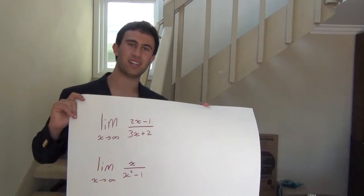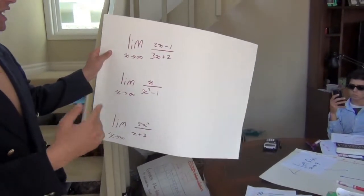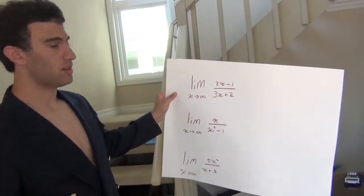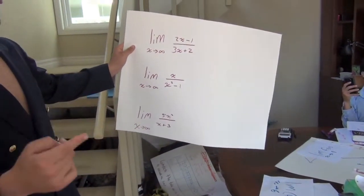And now, for our second to last question, let's ask the contestants, what is the limit as x approaches infinity of 2x minus 1 divided by quantity 3x plus 2? And what is the limit as x approaches infinity of x divided by quantity